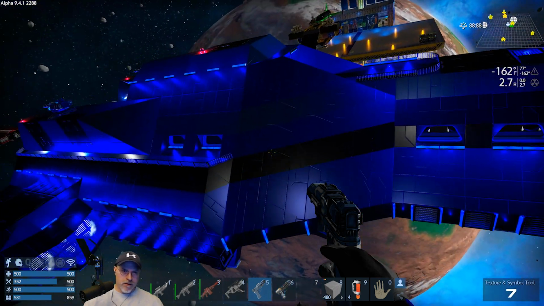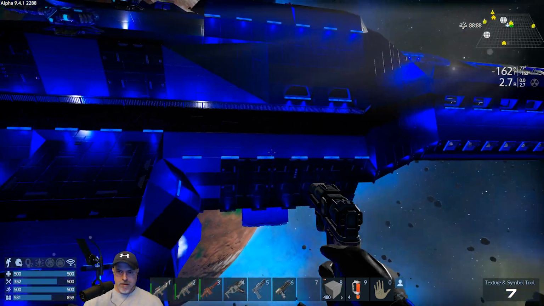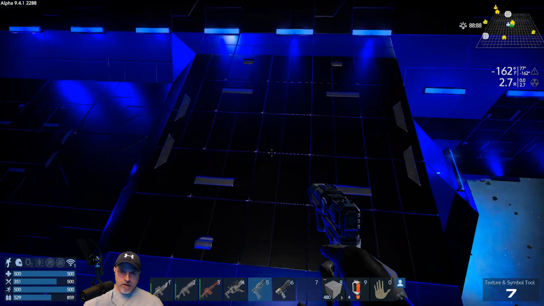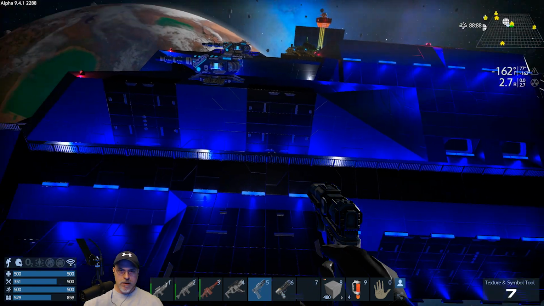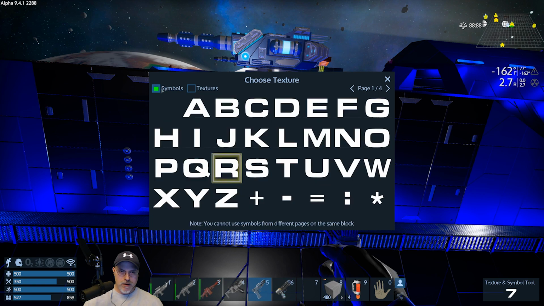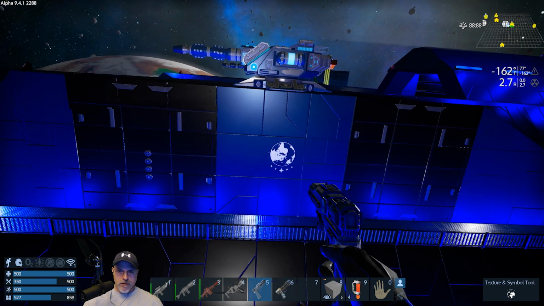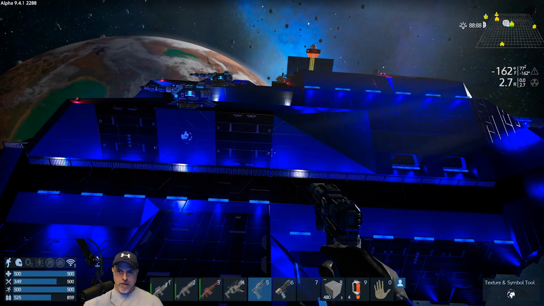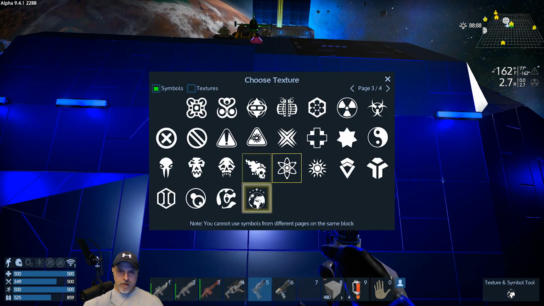What we could maybe do is come back this way and, can we put letters on turrets? No, I didn't think so. Let's put a symbol here. So we could do that. That was kind of neat. And maybe up here we will do